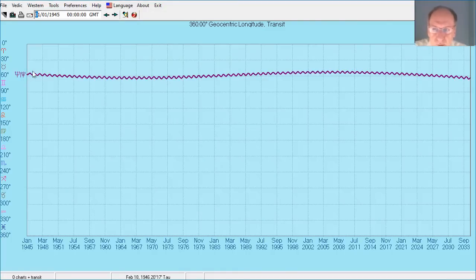So this is showing the distance between Neptune and Pluto. And over here it says 60, 0, 30, 60. In January 1945, it was a little bit less than 60 degrees. Then, if we go down here, it says 1967, a little more than 60 degrees, because this horizontal line is exactly 60. Up here, in 2005, it's less than 60.